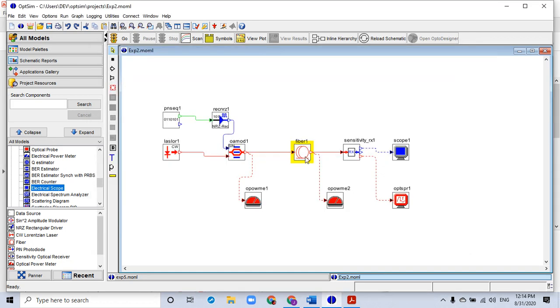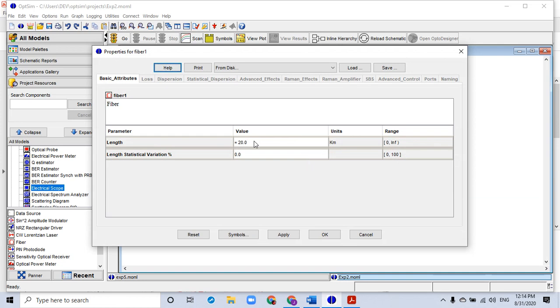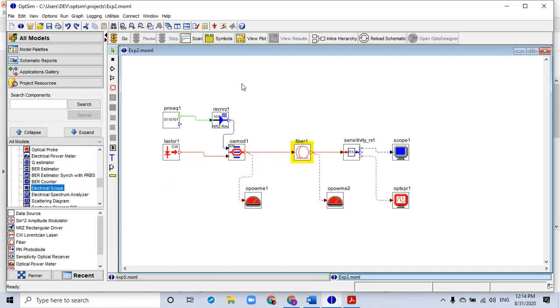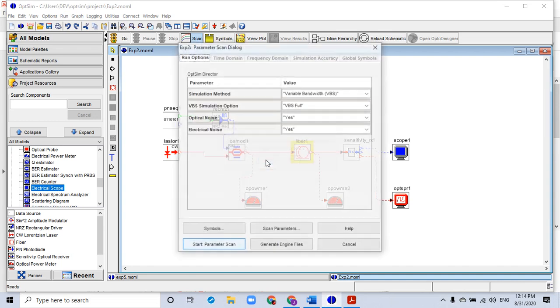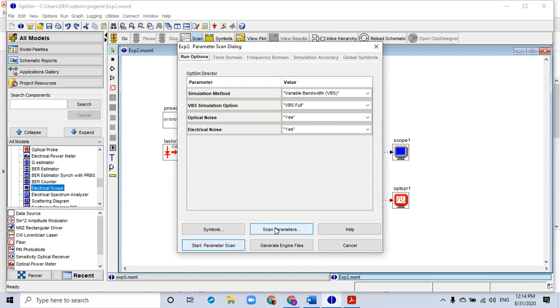Again, you can check now whether it has been initialized or not. So see, the length has changed to 20. This shows that the variable has been assigned to this length parameter, right? So say OK. After doing this, go to scan. Say overwrite the initial results.